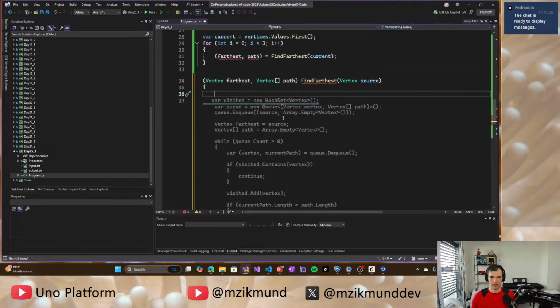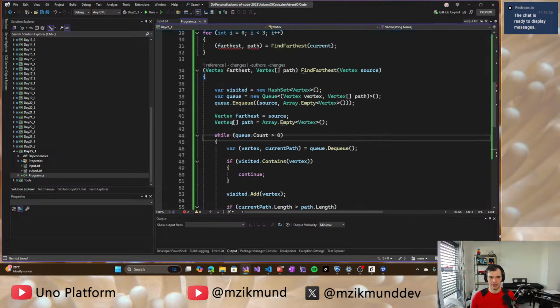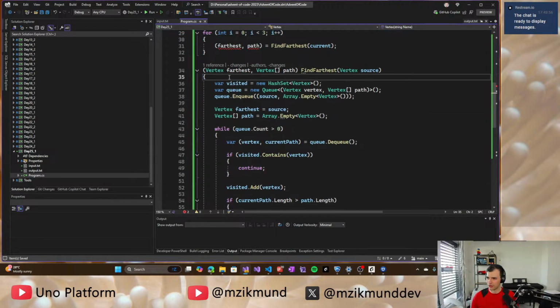So I'm not sure what this is, but let's see what it generated. Sometimes it's useful, at least parts of it. So we have, okay, so we have